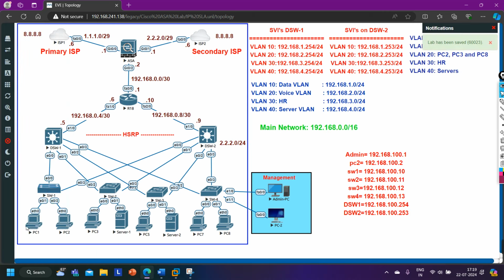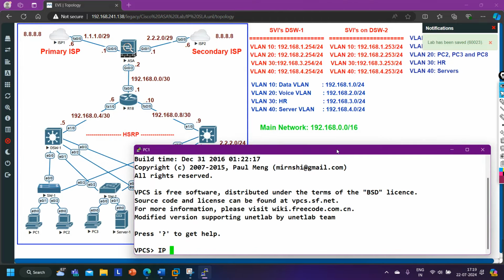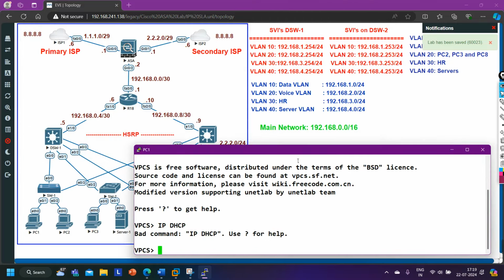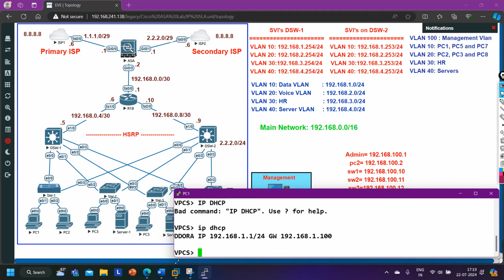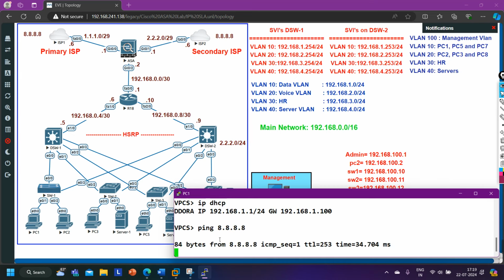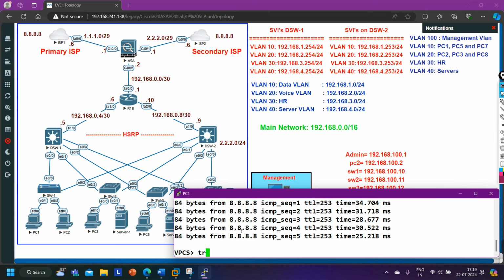Let me access PC1, and guys, DHCP is already in my network, so I'm going to say ip dhcp, so that this machine can get an IP address from the DHCP server. You can see PC1 is able to get an IP address from the DHCP server, and this machine has got one IP address which is 192.168.1.1. Now let me ping the internet directly, ping 8.8.8.8, and you can see the ping is working, right? And if you trace 8.8.8.8,